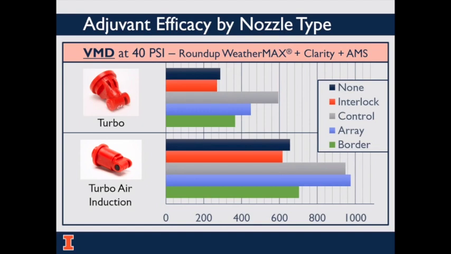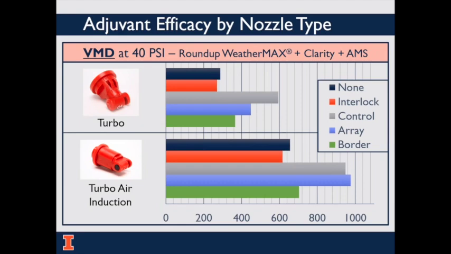Now let's look at the same experiment, but focus on VMD, or the median droplet size instead. Looking first at the turbo nozzle, we see that all the adjuvants increase the VMD except for Interlock in orange. Also, we see that Control, the product which did the best at reducing drift, also nearly doubled our VMD. That's because Control, in addition to Array and Border, is a polymer and shifts the entire droplet